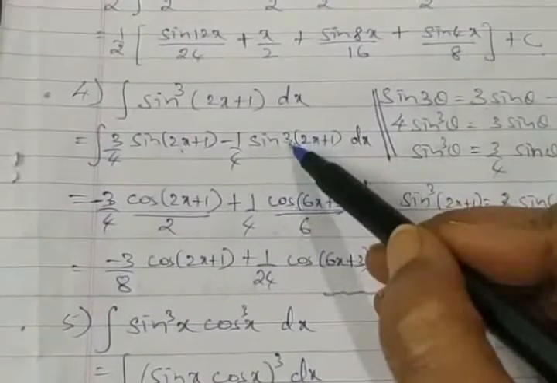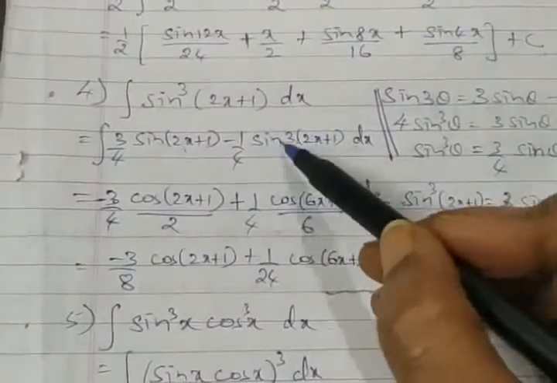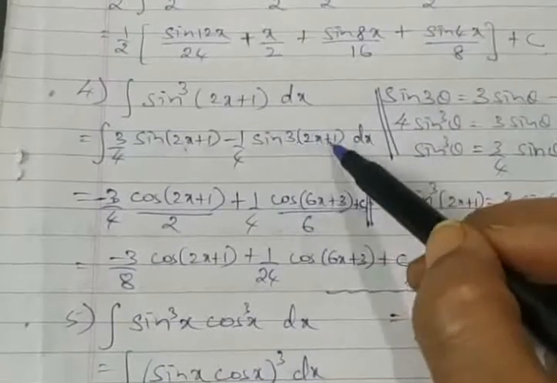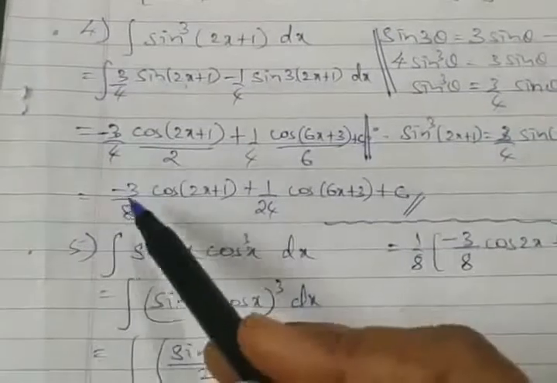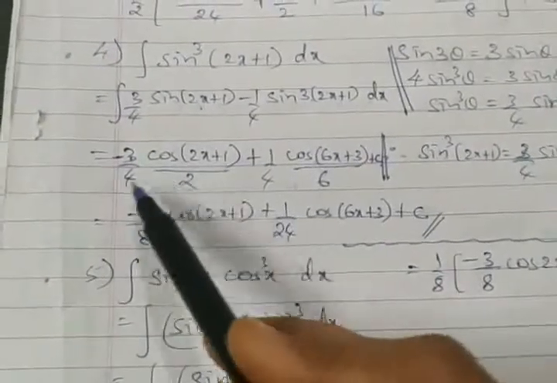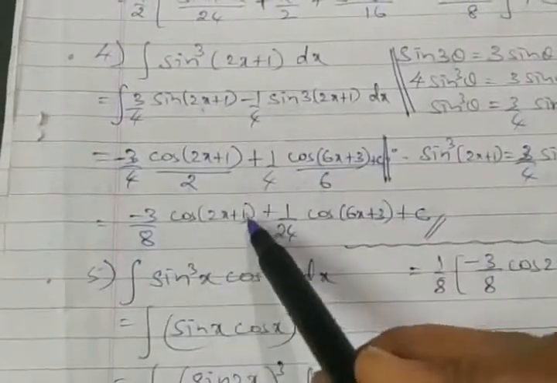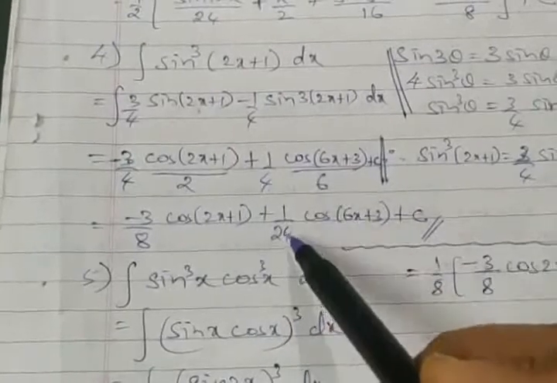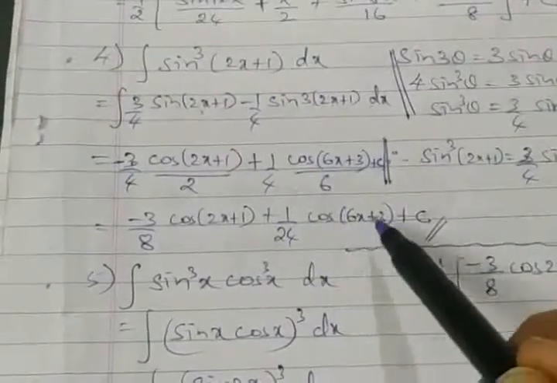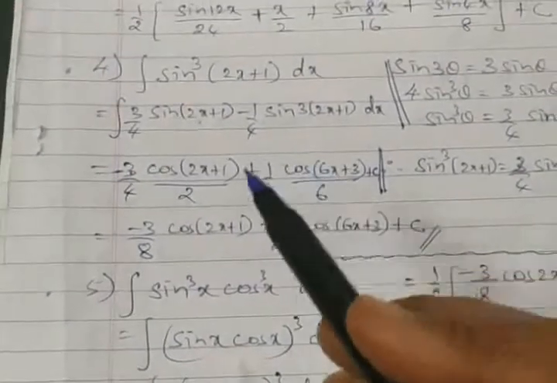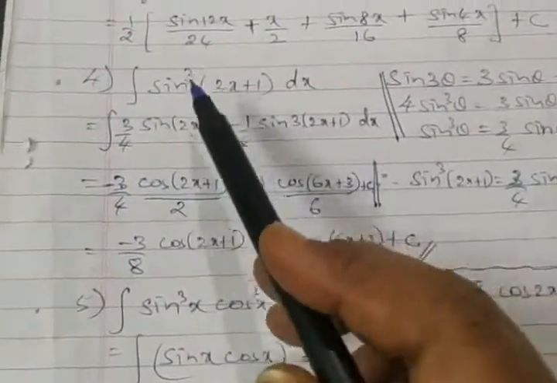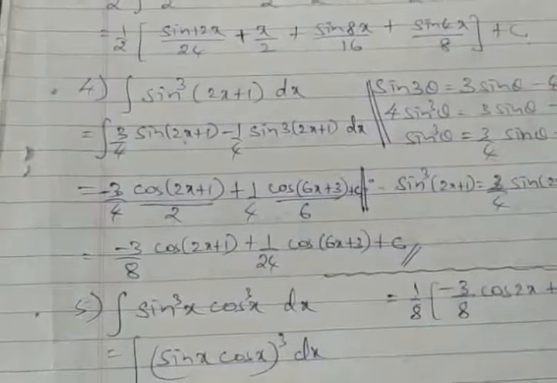In the step, if you want, you can also write sine of (6x plus 3) and then you can go for integration. So here we have minus 3 over denominator 4 times 2 is 8, cos of (2x plus 1), plus 1 upon 24, cos of (6x plus 3), plus c should be the answer. Whereas this question you can even solve based on sine cube, I think in theory also we discussed an option.